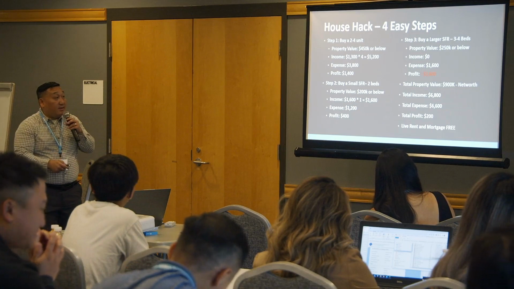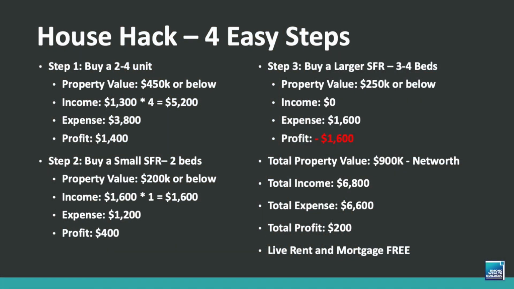All right, so house hacking. Here are some quick numbers. Buy a property for $450,000, a duplex. You rent everything out, you probably profit $1,400. Next step, buy a small single family and rent it out, profit $400. Then buy the large single family that you're going to live in; you're going to be negative there because you're paying for some stuff, no profit. But if you add everything up, since you do make some profit, you use that to pay for your mortgage. So you should still profit a little bit.